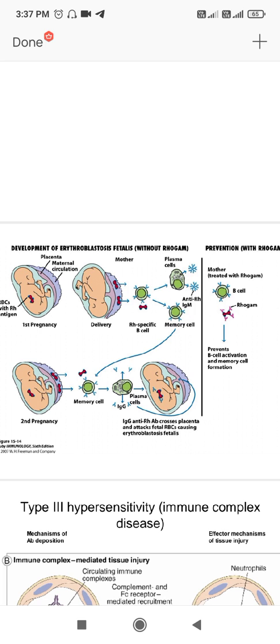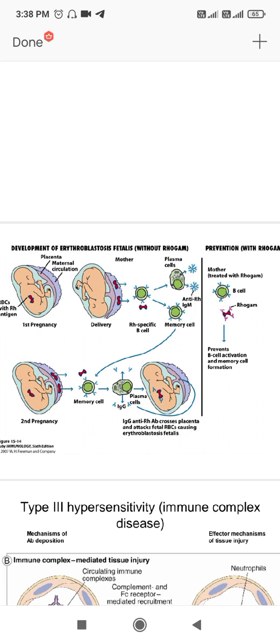If there is a second pregnancy and the embryo again has the Rh positive antigen, then the anti-Rh antibodies are transferred from the placenta to the Rh positive antigen of the embryo, because the memory B cells keep the memory of production of these antibodies, and these anti-Rh antibodies cross the placenta and attack fetal